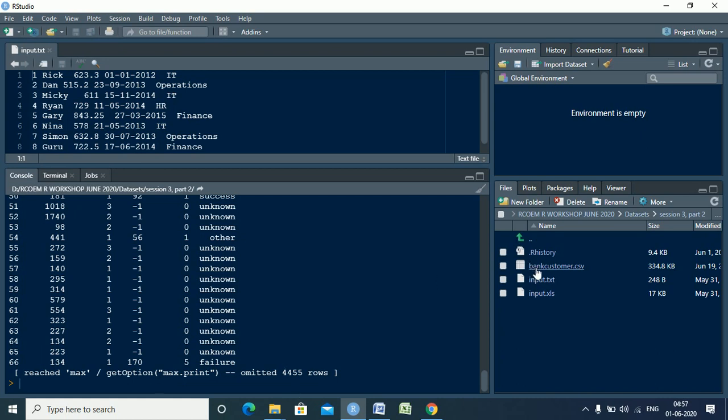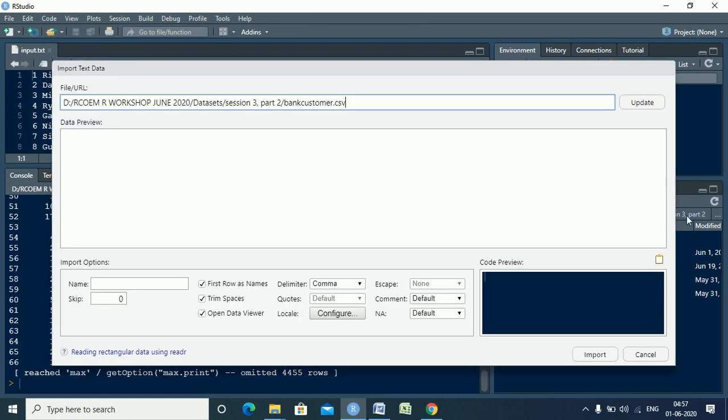Now over here if you click on this data set, it gives you two options, View File and Import Dataset. So you can also import the data set from here. Just click on Import Dataset, right? It already gives you the entire file URL and everything.